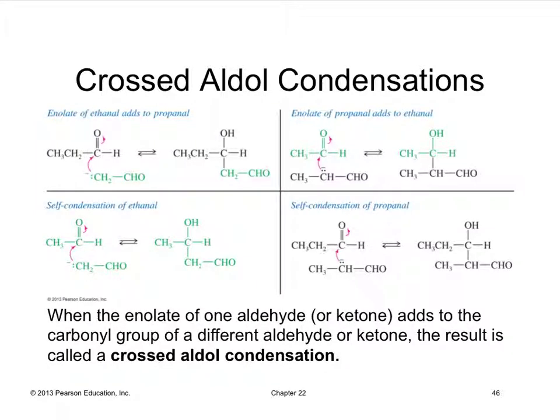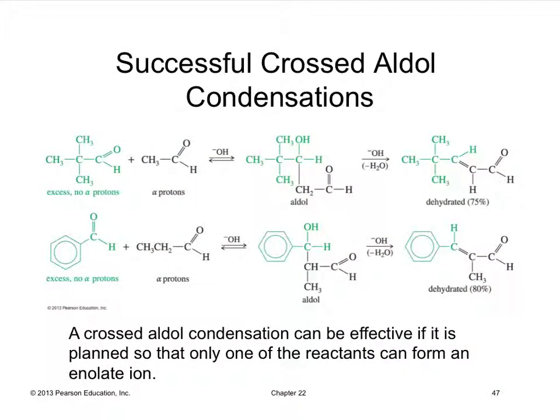So, chapter 22, part 2, we left off here in the last part. For successful cross-aldol condensations, you can use one that doesn't have any alpha protons and one that does, so that you can know which one will serve as the nucleophile and which one will serve as the electrophile. In this case, this will have an alpha proton to deprotonate under basic conditions, so this will attack the electrophilic carbon center. And then under base and dehydration of water, you're going to get the alpha beta unsaturated aldehyde in